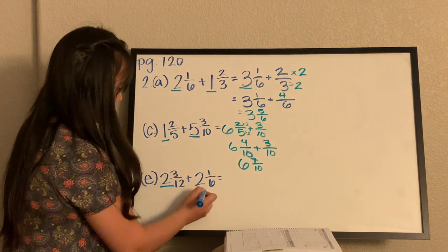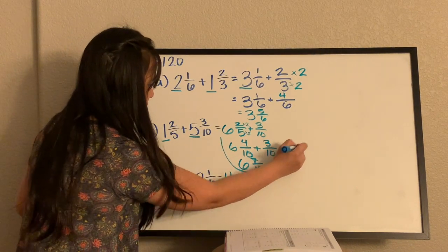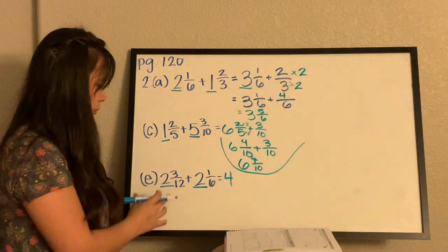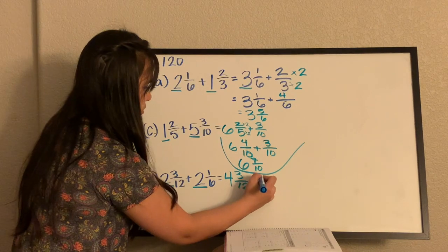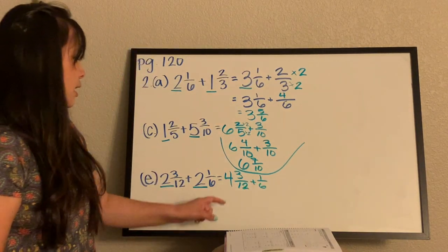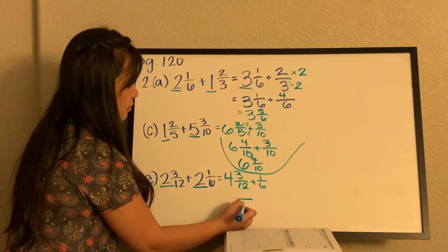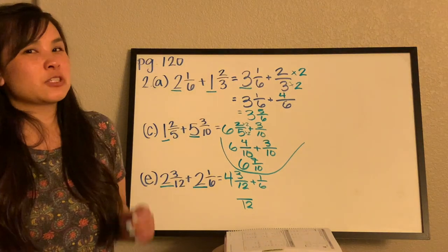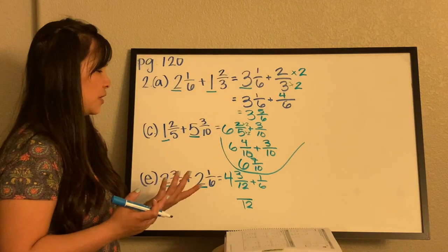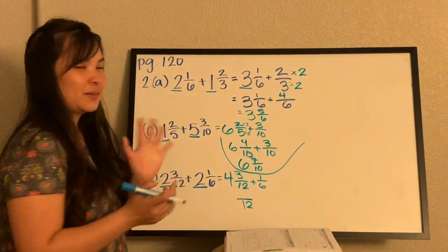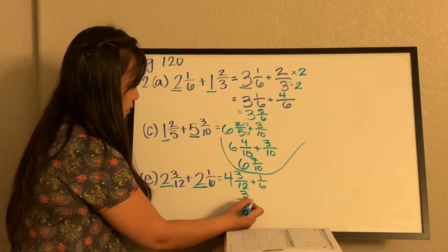Again, let's do the whole numbers together. 2 plus 2 equals 4. I'm actually going to do this, so that way we know that is not in this problem. Then we're going to bring over the 3/12 plus 1/6. Again, we're going to keep this 12 because it is the bigger denominator. But really, it's the smaller denominator, right? Because 3/12 is actually smaller than 1/6. But, anyway, all right. So now, we're going to bring this 3/12 down, plus